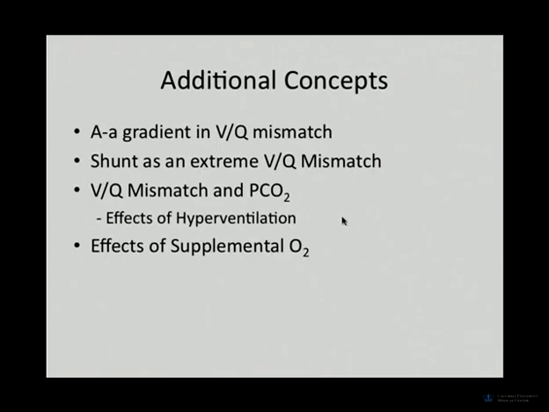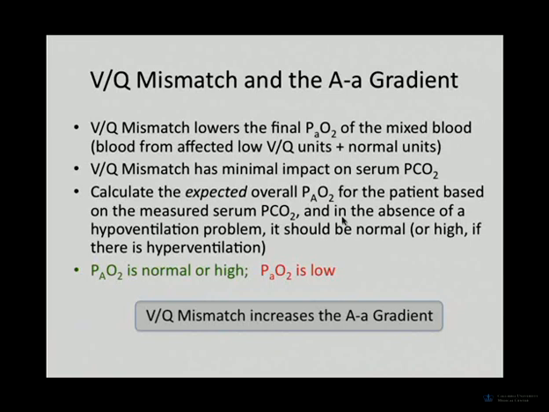We're going to look at the AA gradient in VQ mismatch. Now, you have all of the information to figure out that the AA gradient is going to go up. The alveolar concentration difference that we're going to see in the arterial blood versus what we calculate for the alveolus is going to go up. And that's because when we measure the big A, O2, when we measure ideal, we're going to